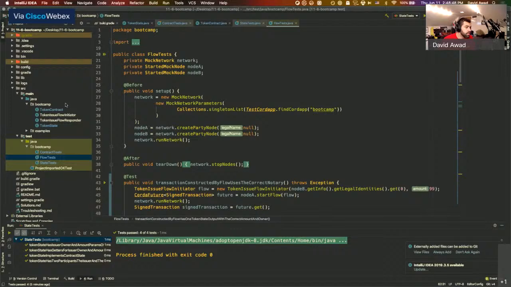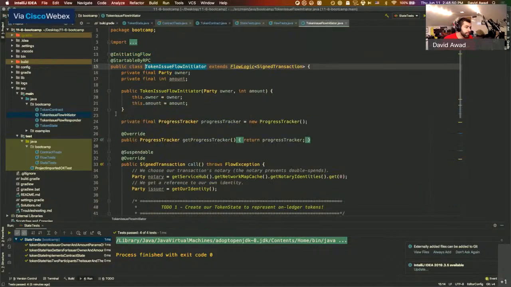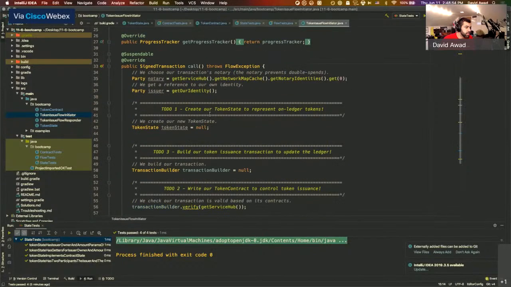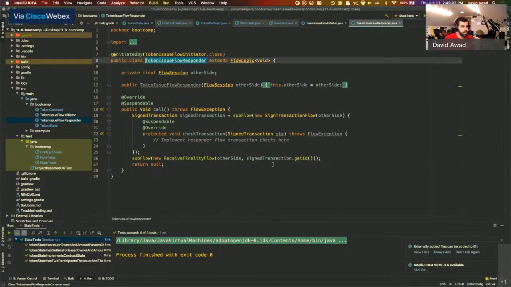So let's go back and open the token flow initiator. And before we start writing this, I want to pay a little bit of lip service to the token issue flow responder as well. We're not going to implement this ourselves. Most of the time, you can use Corda subflows to accomplish the job of responding in most use cases. So just to outline the framework here,